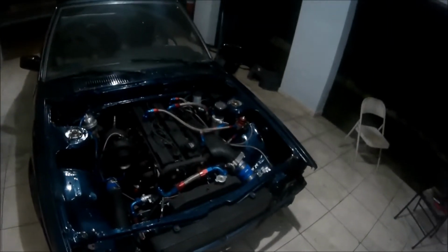So yeah, we're gonna be working on putting the front end of the car on, because the last time we took it out, it was at night. We took it out just like that, and it wasn't the safest experience we've had. So